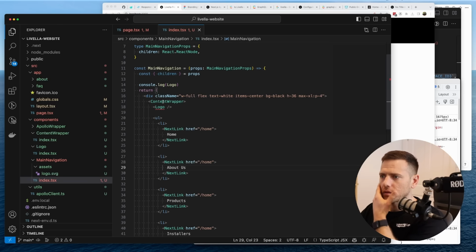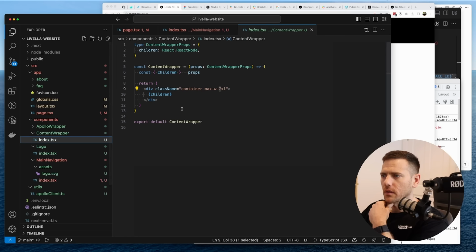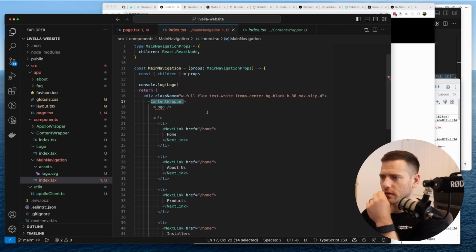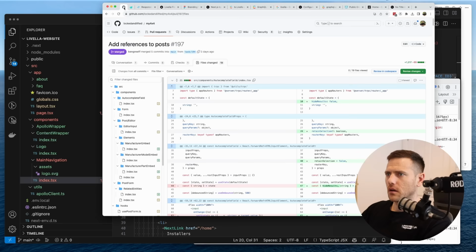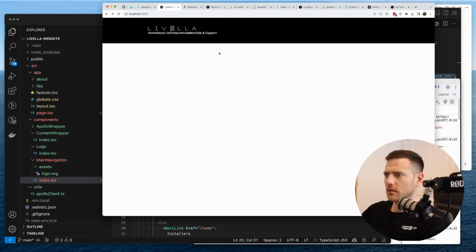So what's happening, let's just double check this content wrapper. That doesn't do anything other than set the thing there. So let's go here, class name. Let's set this to flex. Make it an inline flex. I wonder if that is a real thing. Yep. Okay, and then what we want to do is make these things, it feels like this for some reason has